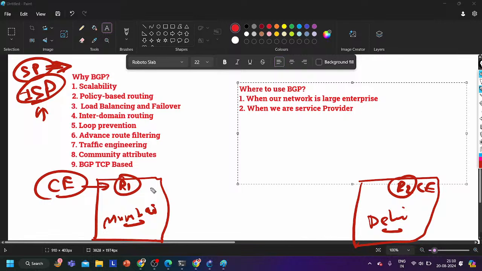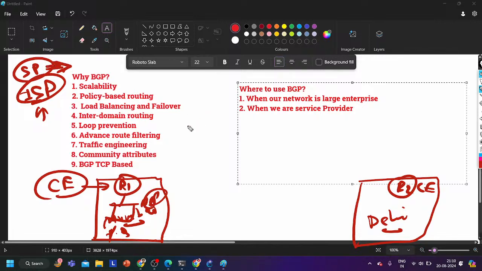So for now, I want to make communication between these two sites. Let's suppose this is in Mumbai, the headquarter. In the headquarter, I have one server where I am running a very critical application. I have hosted one application on this server, and all your employees should be able to access this server and this application. So we need connectivity between these two sites, and I can purchase the connectivity service from the SP, the service provider.